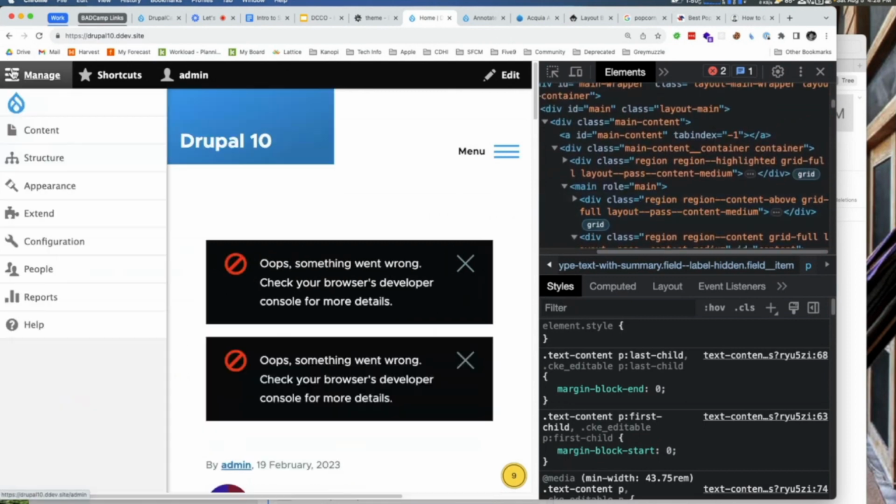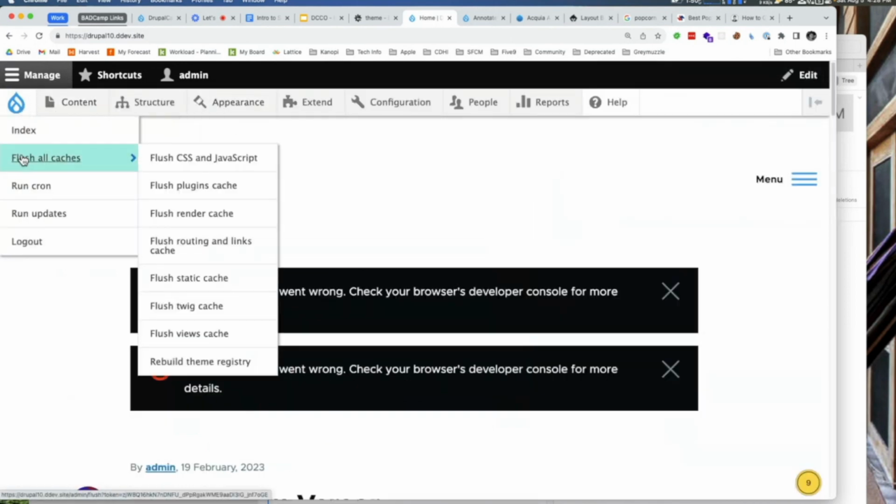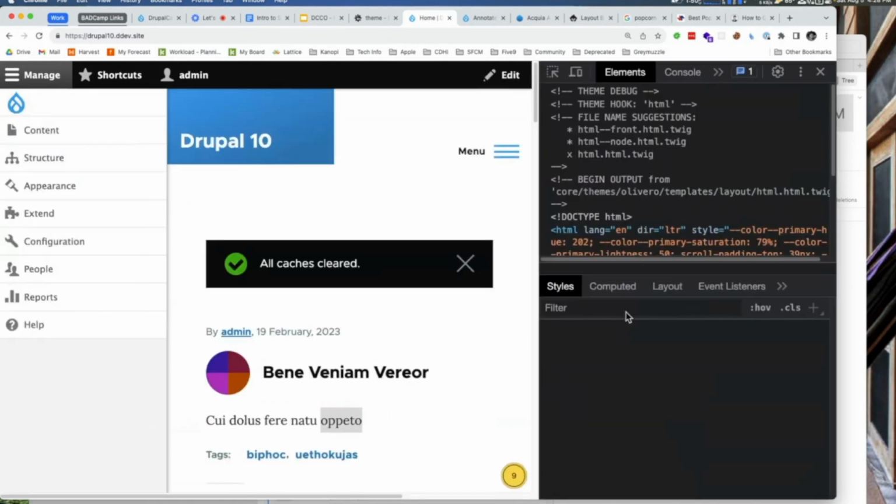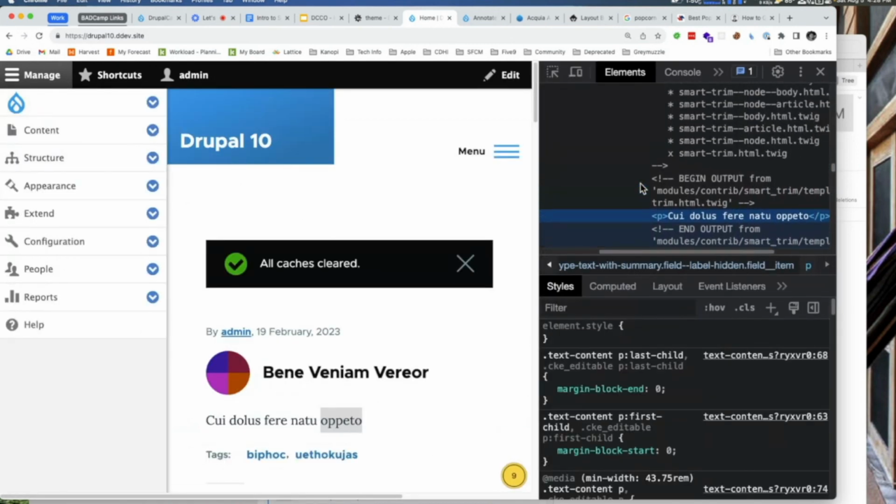Awesome. Was that just a Drupal 10 new feature? 10.1. Yeah, it's a new feature in 10.1. Great. Thanks, everybody, for that. Your first live demo hiccup of this minute. So okay, let's see if it works now. Yep. Keep calm, clear cache.